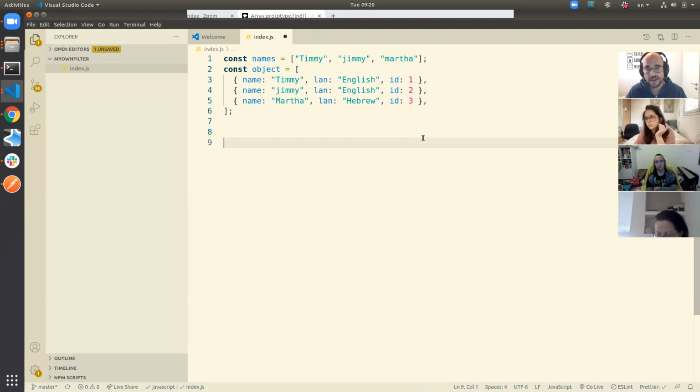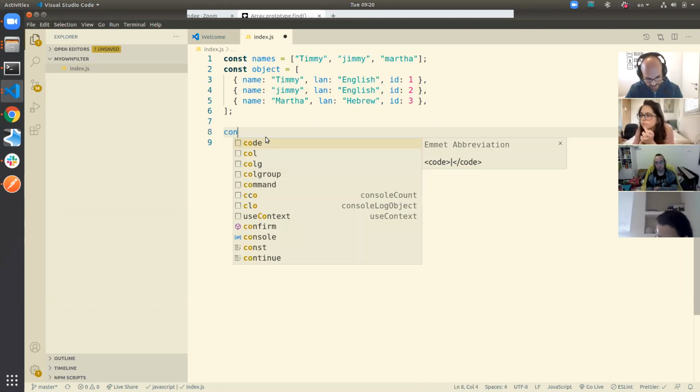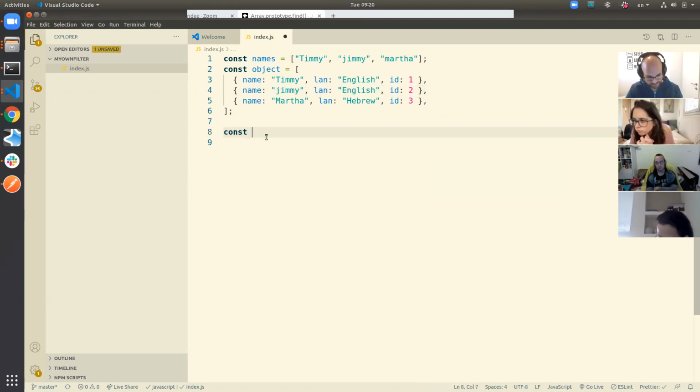So if I use find, it's going to loop over these objects until it finds, let's say, the ID 2, then it's going to exit the loop. But if I had filter, it's going to loop over everything, and then it's going to give me this object back, but it's not going to be performant because it's going to loop over everything. So if, for example, I have, let's just say const, let's just say English, right? I want to find something that has all of the language English. So I'm just going to do